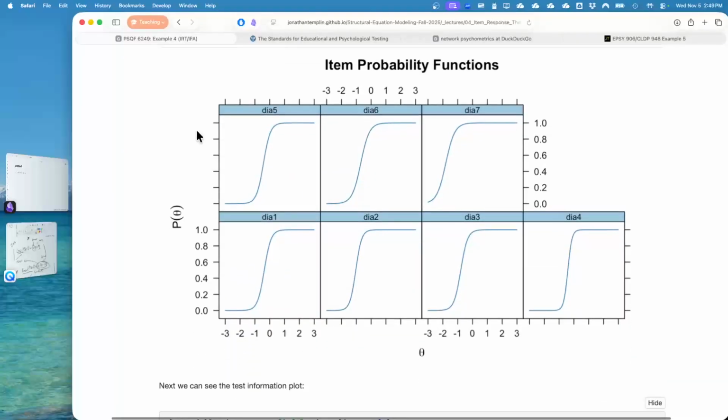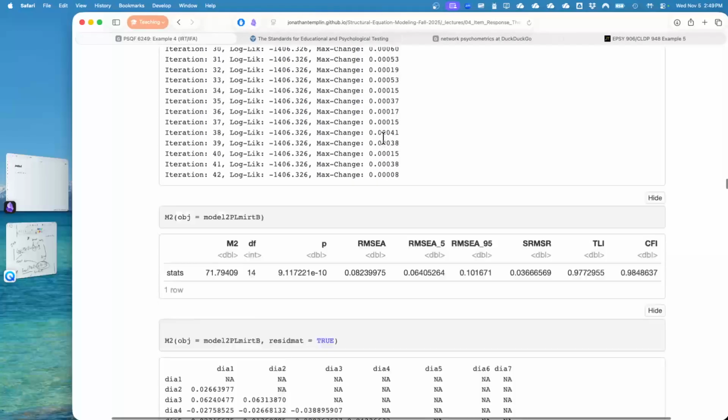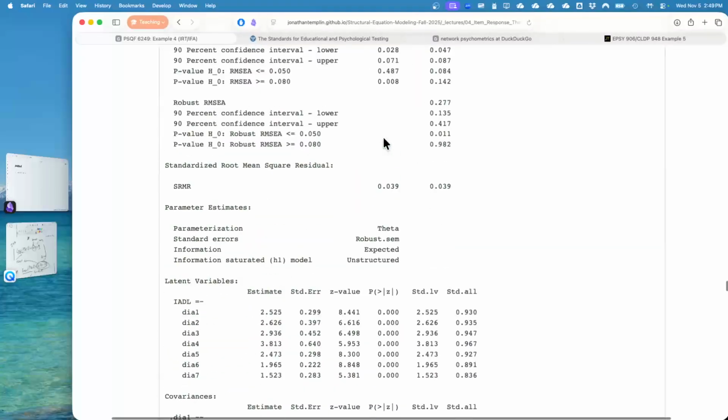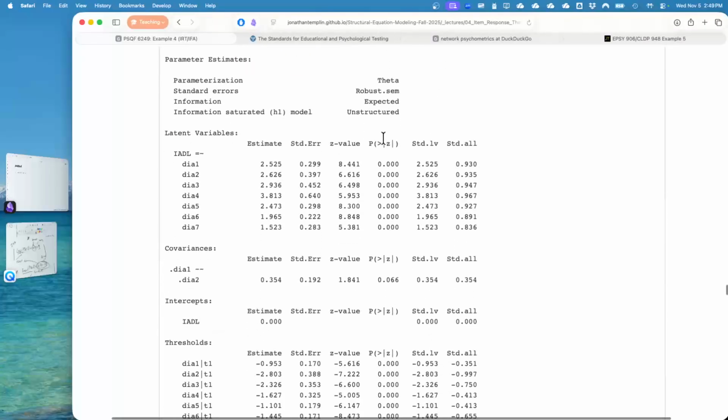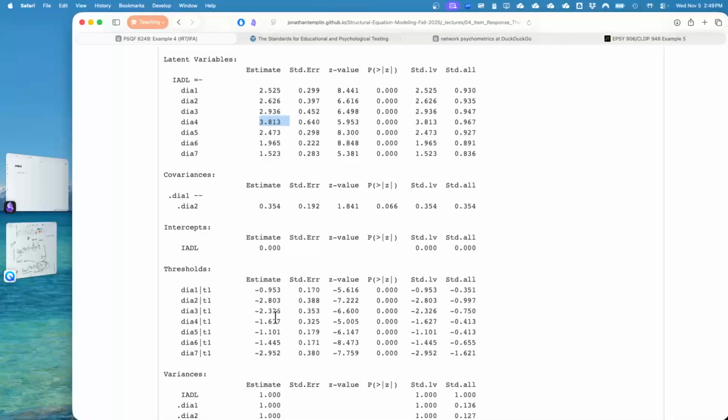No problem. By the way, here's all the other item characteristic curves for each of these items. This is from MERT, though. These are estimated from MERT. I wish they were superimposed. I didn't do that in my plot, so sorry about that. But there you see, they do look very similar. In fact, if you wanted to look at their loadings here, there's quite a range. I don't think a Rasch model would fit it as well. But certainly similar when it comes to where their thresholds are. About the same range there, too. Okay. Shall we move forward?